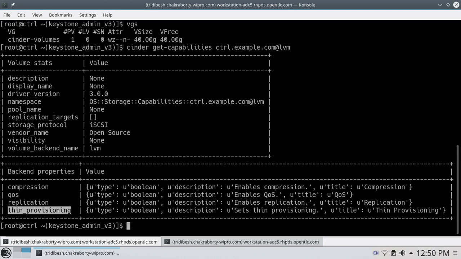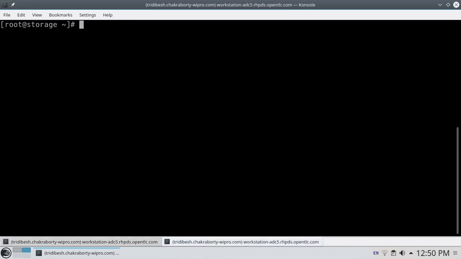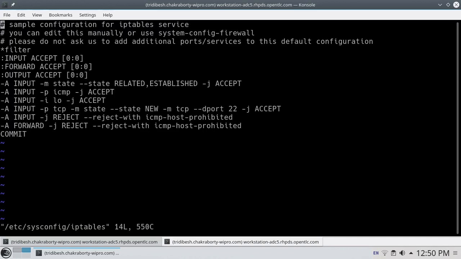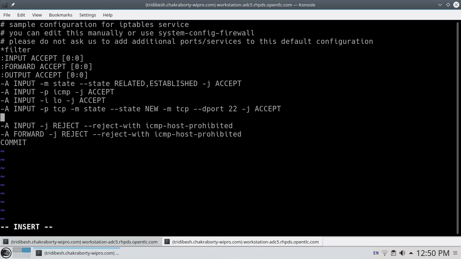Now we'll start with the NFS. Let's go back to our storage node and first configure iptables to allow NFS connectivity. We will come to the INPUT section and add a new rule before the reject rule, for port 2049.